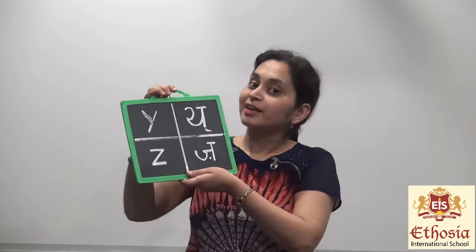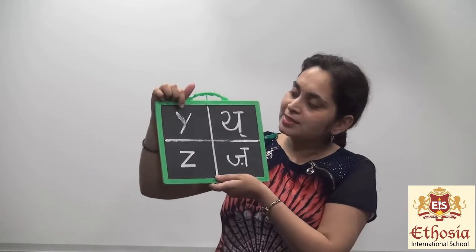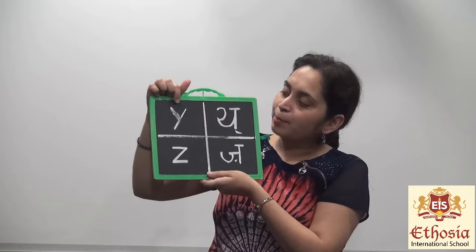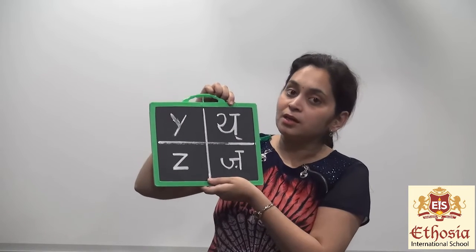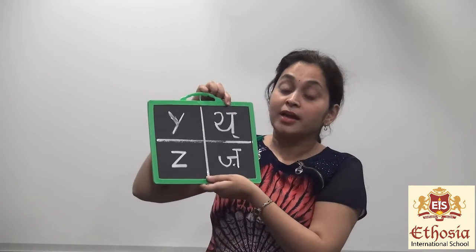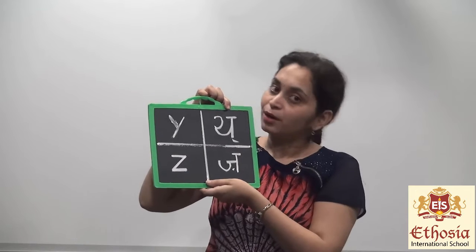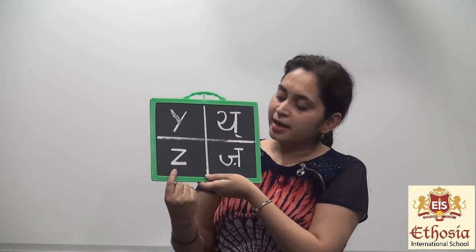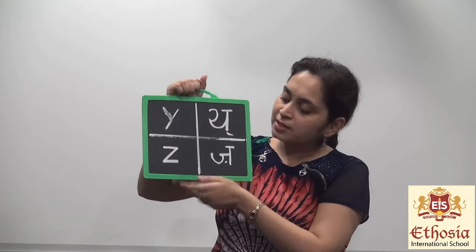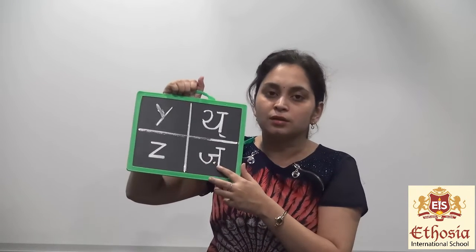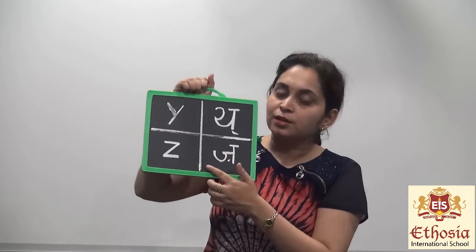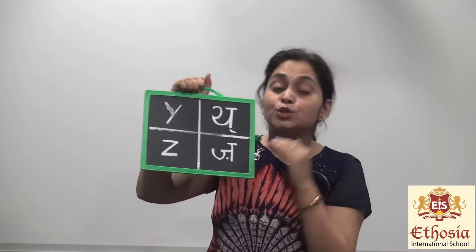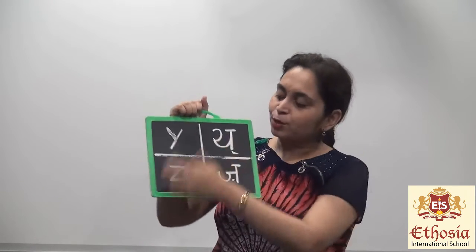Now here comes our last two alphabets. So this is capital Y. Y says Y, like yak, yacht. And now this is capital Z. The phonic sound of this alphabet is Z says Z, like zoo, zookeeper. So this was all about our phonic sounds of the alphabets from A to Z.